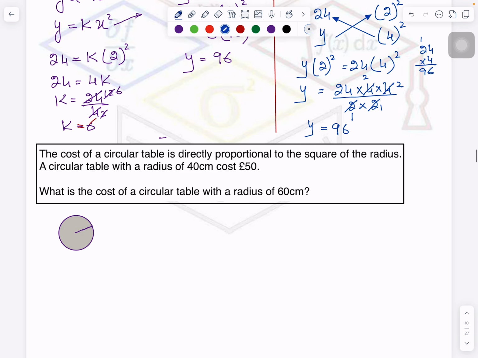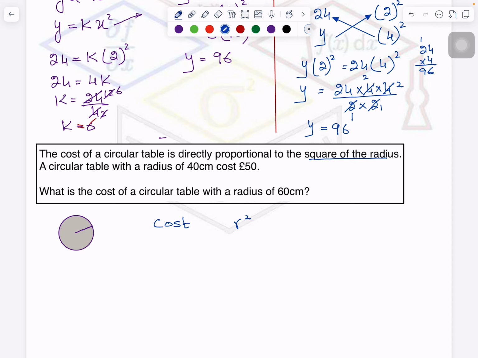Now see, similarly you can do it in this question. These are all taken from the previous video, but now I would like to do it by this method so that students can do it easily. In this question, it is not asked again what is y in terms of x, or express an equation of y in terms of x. So in these cases, you can do it directly. The two factors here are cost and the square of the radius. Please read it carefully, sometimes it is the square root, so you have to write accordingly.